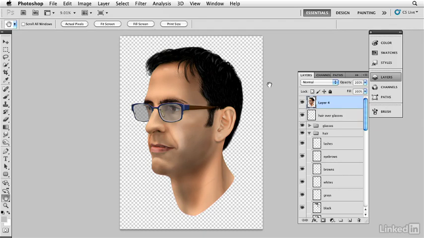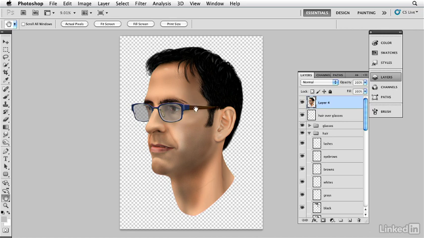Layer styles will add dimension to just about anything they're applied to, depending on how well you apply them. Now, they don't have to be glaring effects. They can be very subtle. Like right here, when we see Kevin Connor from Adobe, he's got some glasses on. I want to create the effect of these glasses and show you how layer styles was crucial in making them